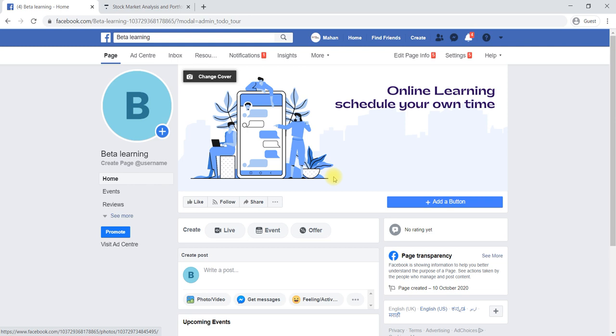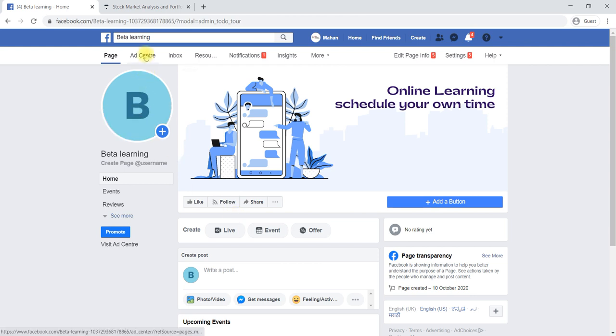If you would like to promote some of your products, and you are just posting on your page, it will reach only those who are following your page, or with whom you have shared your page. If you would like to get more and more visitors, if you would like to reach a huge audience, then we have to create an ad and run the ad. How to create an ad?